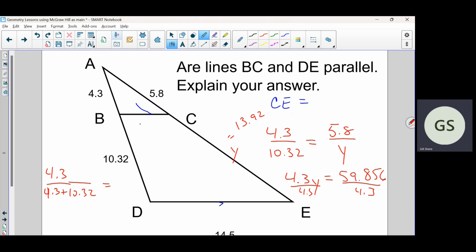5.8 is the small triangle, so that's easy. We're always just putting the sides of the small triangle alone, either on the top or bottom. 5.8 plus 1. Yeah, you got to add both of the other ones together. That I could do also. If you solve that out, it comes out eventually to be the exact same equation as we got right here. You got to take one extra step, but it'll come out to be 4.3y equals 59.856 after you cancel some